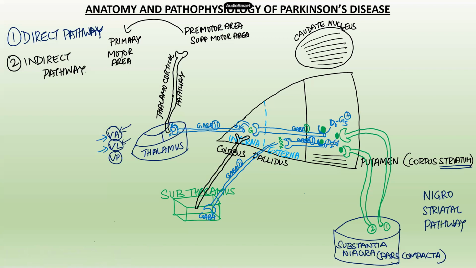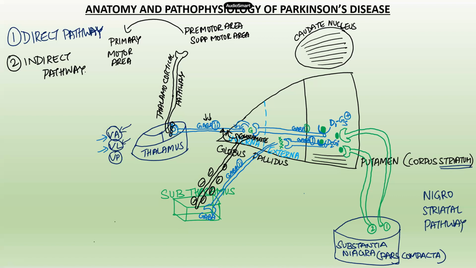Right. Now this GABA, being an inhibitory neurotransmitter, will inhibit this particular glutamate neuron. Now, if it is inhibited, will it be able to release glutamate over here? No, it won't. It won't release glutamate. And if it doesn't release glutamate, being an excitatory neurotransmitter, it won't be able to excite this particular GABAergic neuron. And if this GABAergic neuron is not stimulated, that means it won't be able to release GABA over here.